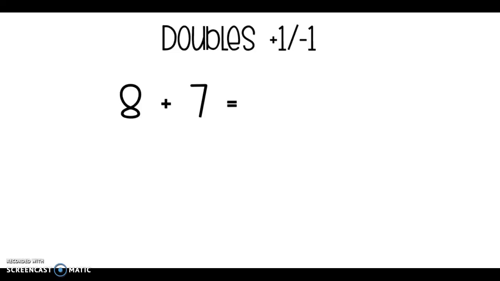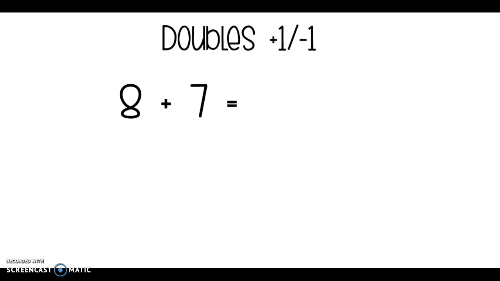One of the strategies that students can use to solve problems is called doubles plus 1 or doubles minus 1. Here's an example of a doubles plus 1 problem. As you can see in our equation, the two numbers are only one spot apart. So what we can do with 8 plus 7 is we can think of two doubles that can help us